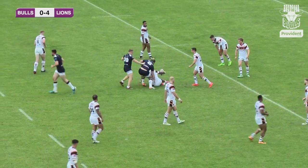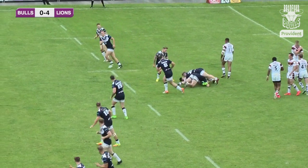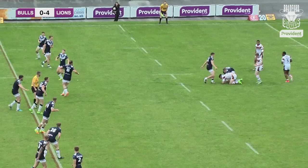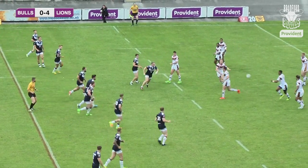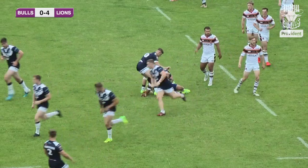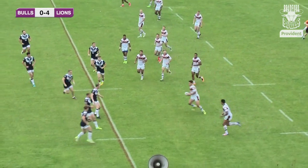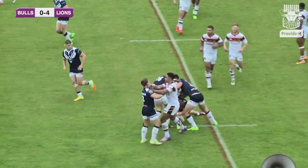Again, we saw this last week, Mark, where instead of going forward, going sort of left to right, not making any yardage whatsoever. Swinton still remain offside, as you can probably hear. Yes, but the problem is, you can see our forwards can't gain 5 metres with a drive. Too young, too inexperienced. You've got to run hard and strong and tough out of your defensive area, and you hear